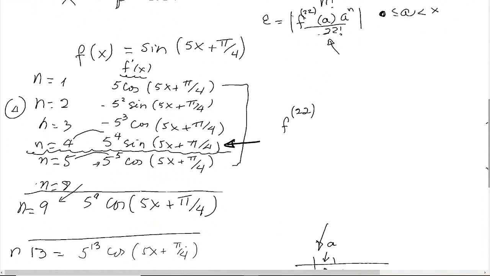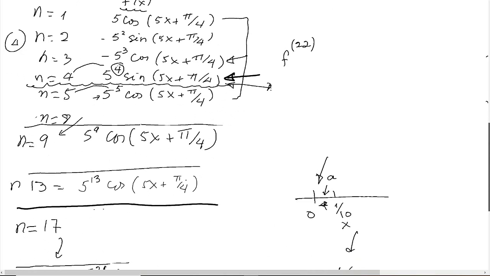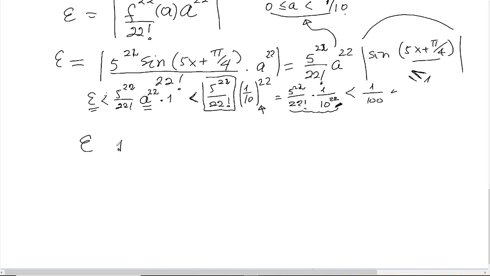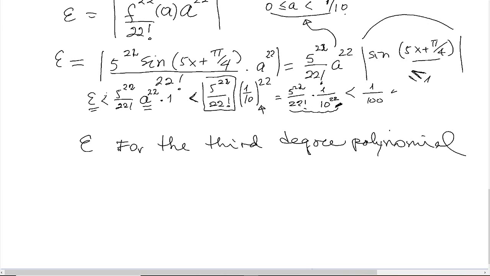Then we'll use just this derivative, but again with the exponent 4, because we are going up to the third degree polynomial. With 4, you get this formula. The error for the third degree polynomial will be of this order. The error is less than pi to the 4 over 4 factorial